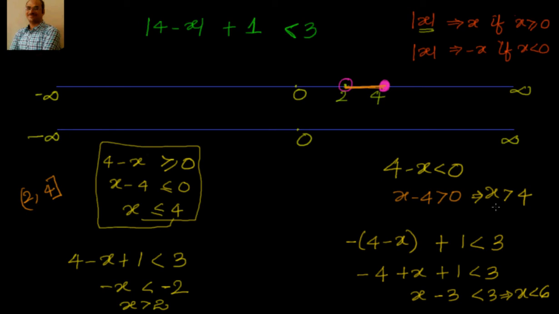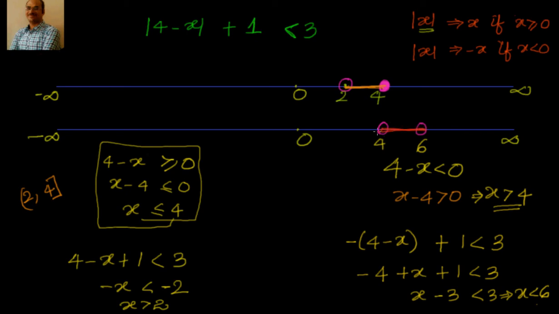So now here, what is the starting point? X greater than 4. All the values we are considering are for x greater than 4, but our solution says that x should be less than 6. So I'll start from here, 4, and let us say this is 6. X greater than 4, x less than 6, that is the solution I have.